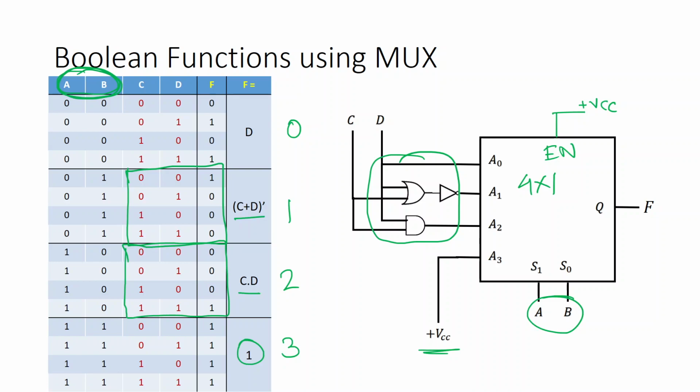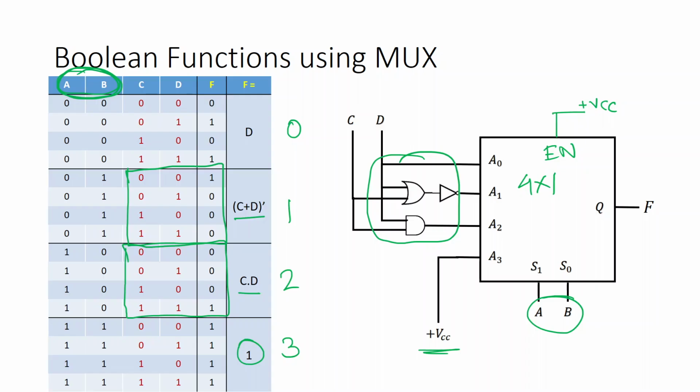Now if you are allowed to use multiple 4x1 mux, then you can build up a larger mux, 8x1 or a 16x1 mux even, and implement the circuit directly. But if you are restricted to use only one 4x1 mux, then it basically starts defeating the purpose of using the mux. That one should also remember.